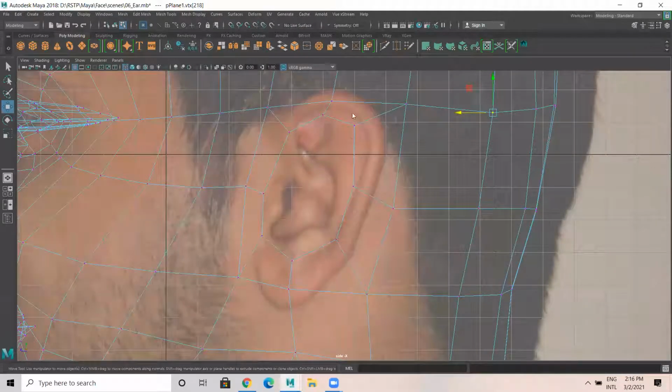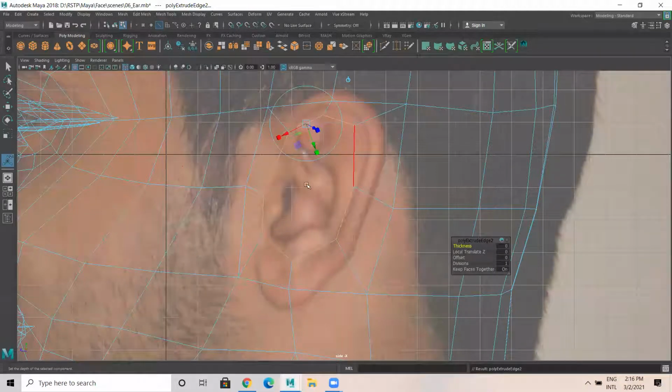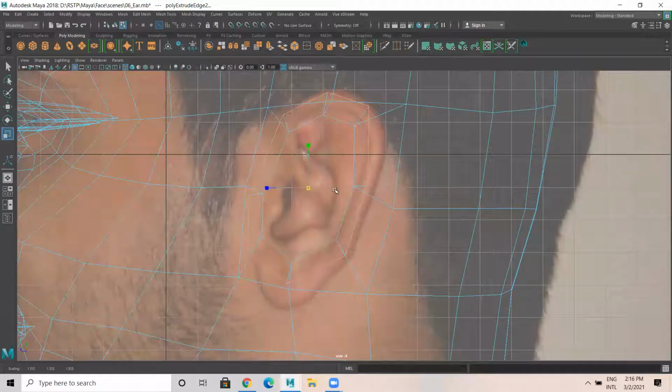Okay, now I'm selecting this edge again, double click on this edge. Now I'm extruding like this.